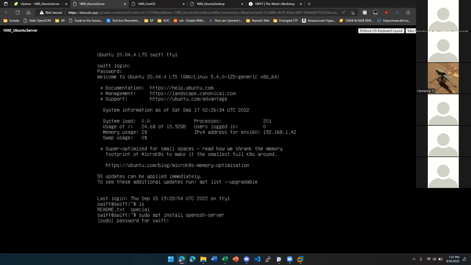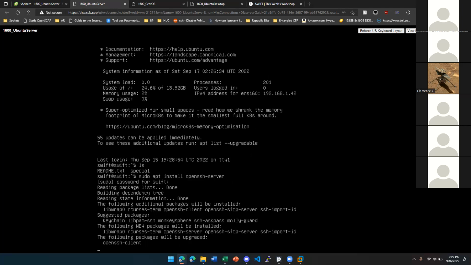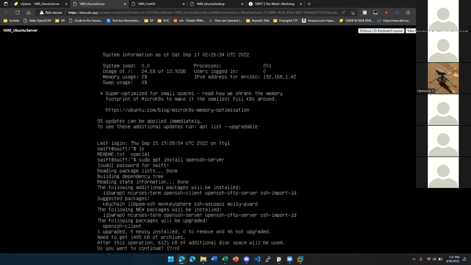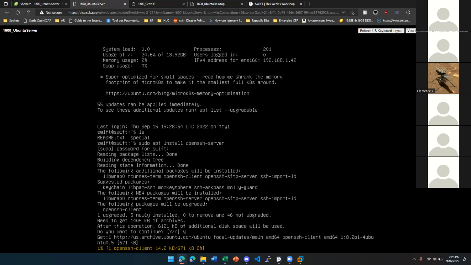And it's going to ask me for my password, which is Swift. And we will see it's installing a whole bunch of things. We have all of these things, not only just OpenSSH server. And once again, the reason for that is because apt is a dependency manager. It's installing all of this additional stuff that is required for SSH to work. So if we hit Y to mean yes, we can go through. And it's going to download a whole bunch of stuff. And it's going to set up a lot of stuff. And eventually,